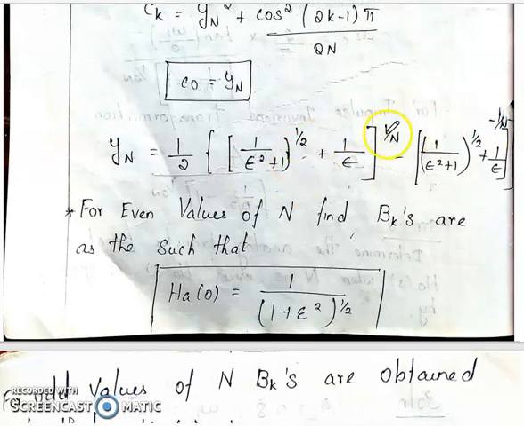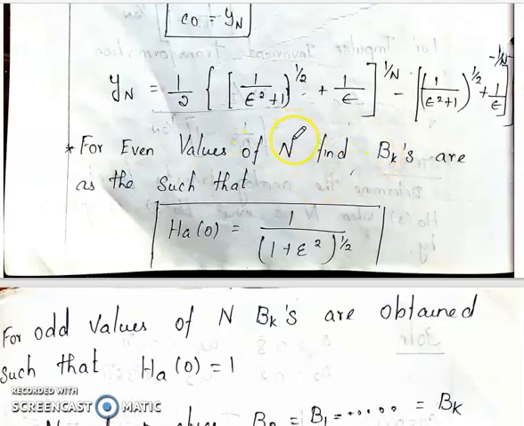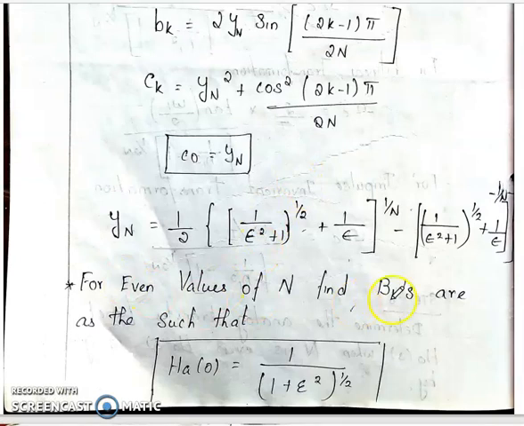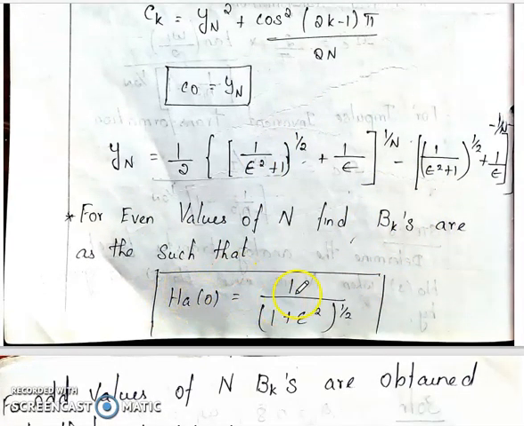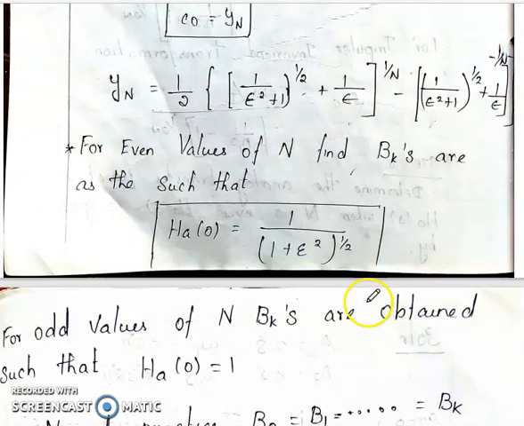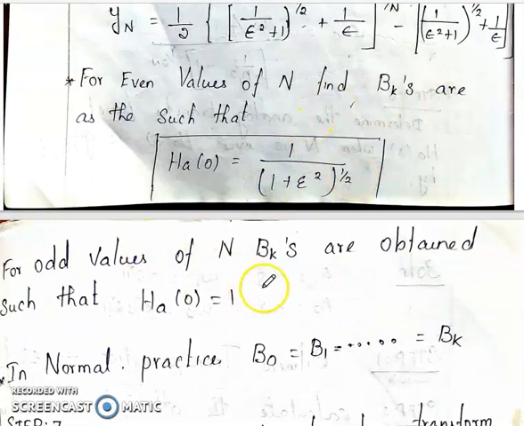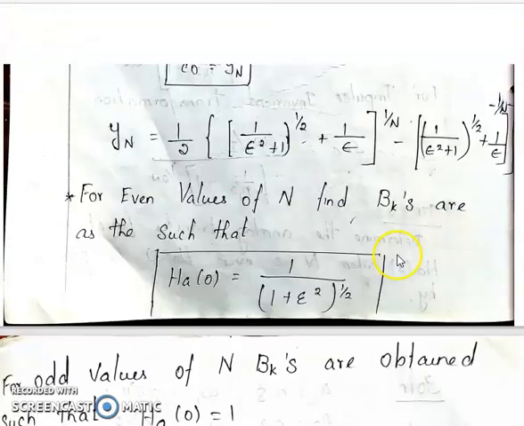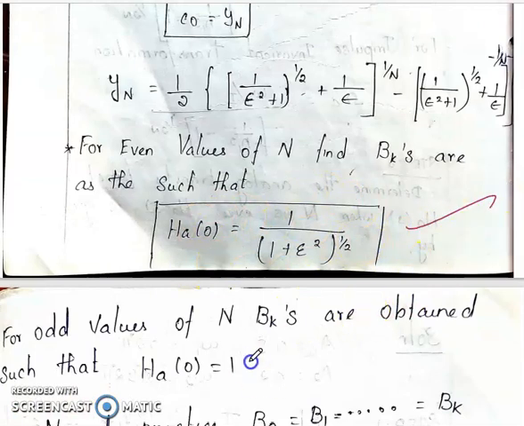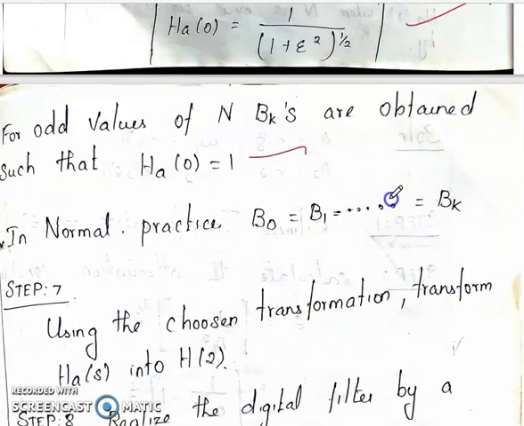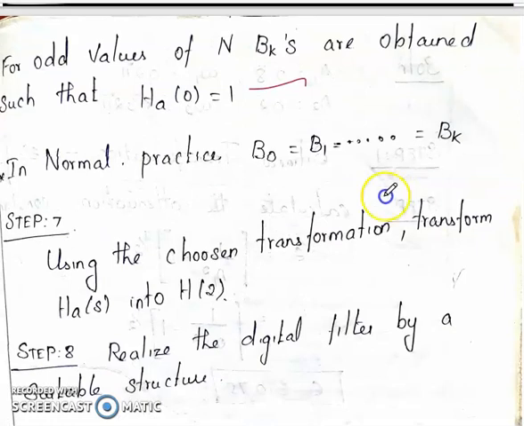So it will be in both the terms. For an even function, the bk value will be considered for h of 0 equal to 1 by (1 plus eta square) power 1 by 2. For an odd function, this h of 0 is always equal to 1. So the bk values we are considering are for even, this formula, and for odd, the value will be equal to 1, and the normalized product of these values is b0 b1. So the entire process of this value is equal to c.